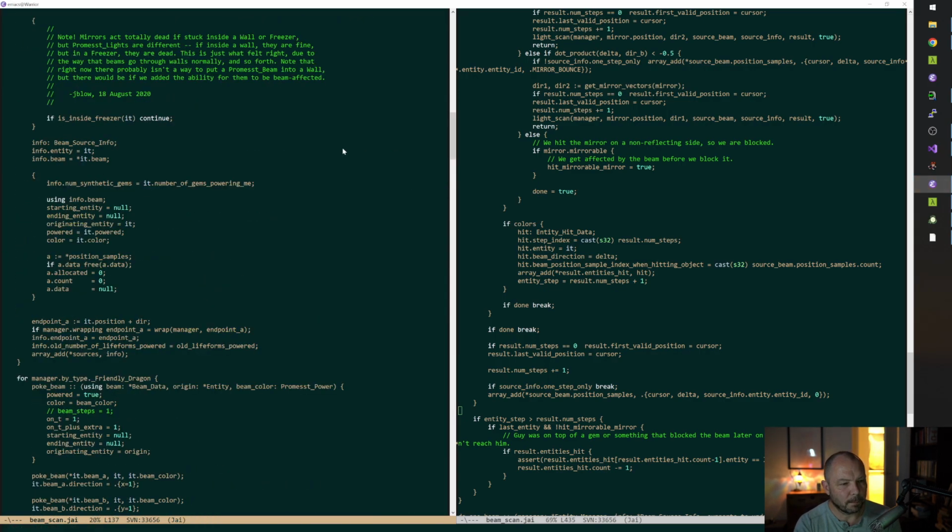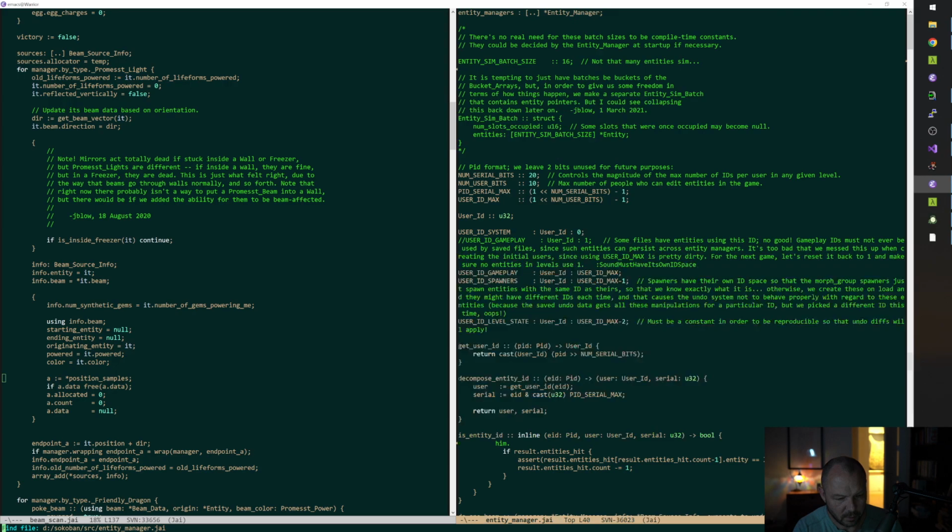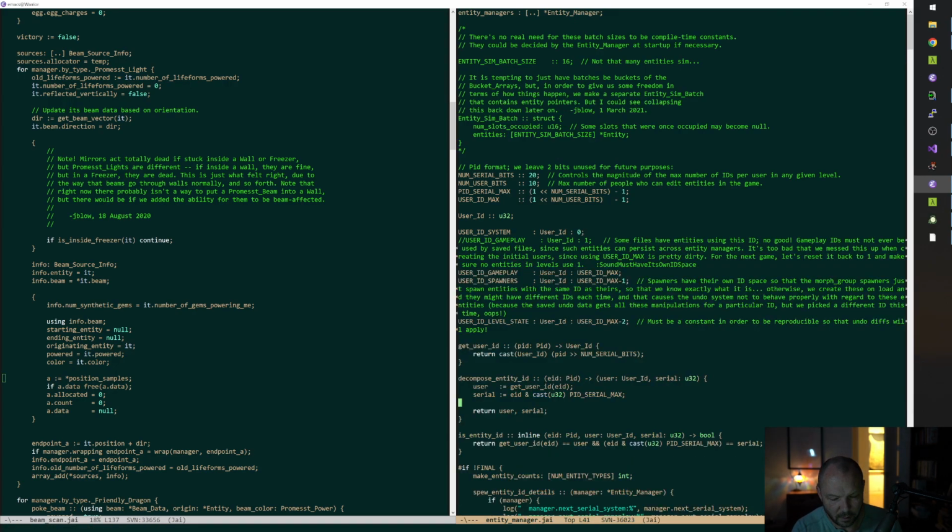So this position samples array is on the promised light beam info. There's a beam source info and a beam info and all this stuff. And I'm going to have to clean this up at some point. But tonight I just want to make it work. Okay, so in entity manager, we're going to say